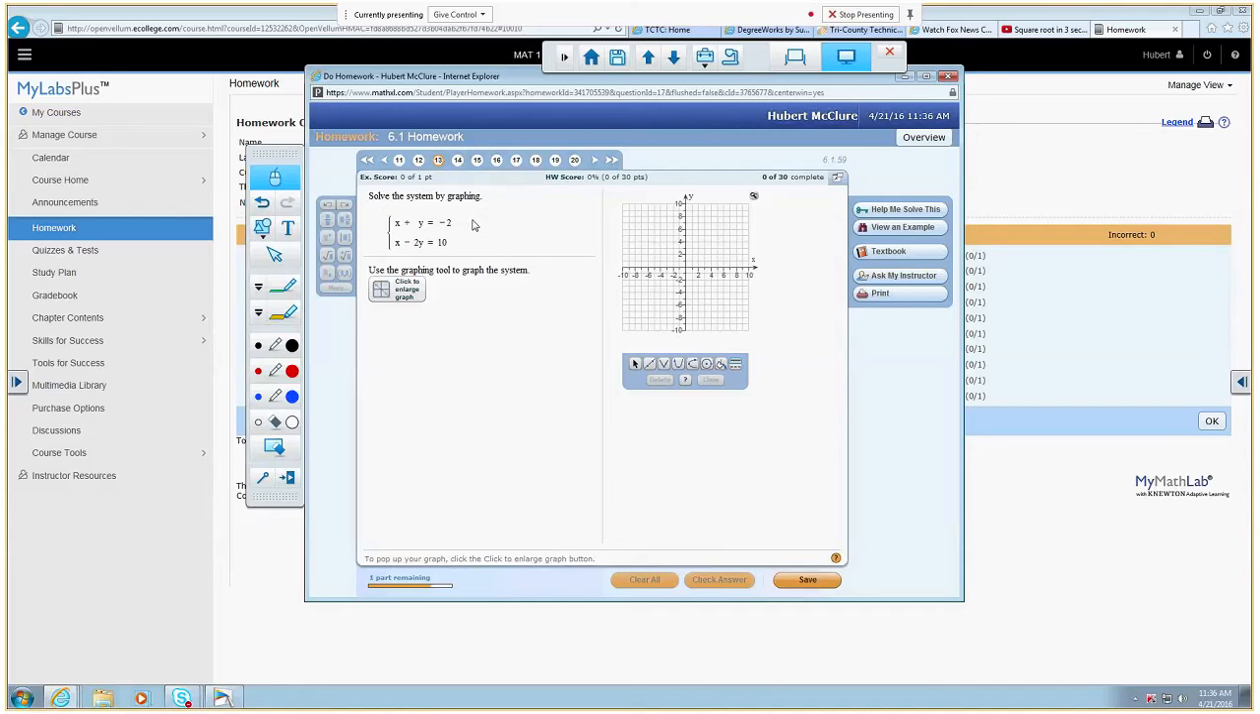Okay, here's one. Don't do it by graphing. Do it by elimination or substitution. Let me blow it up. Ignore the directions. Do it by substitution or elimination. And then we'll